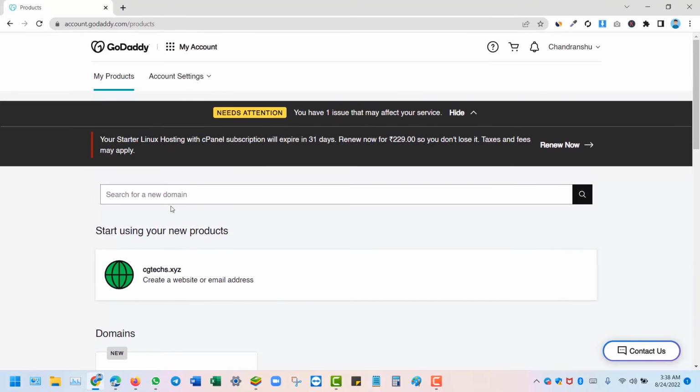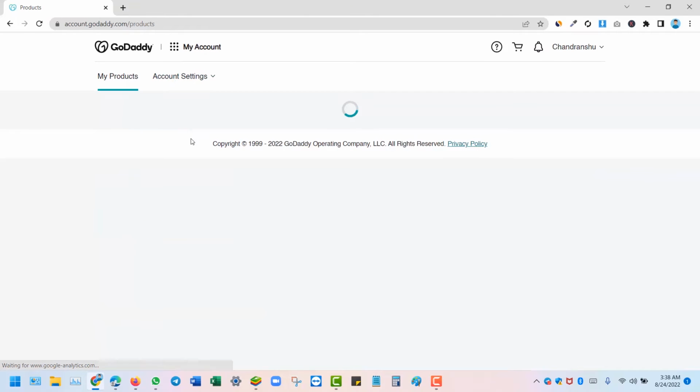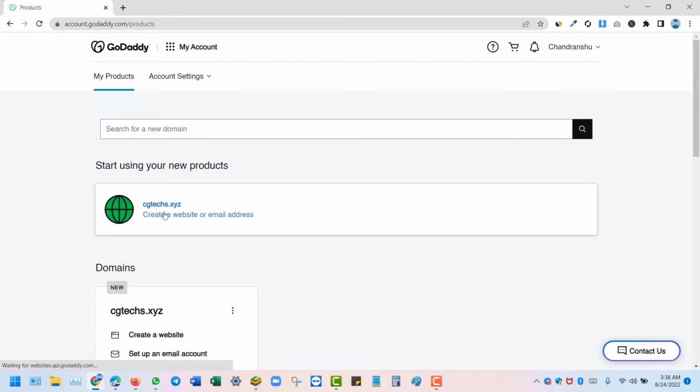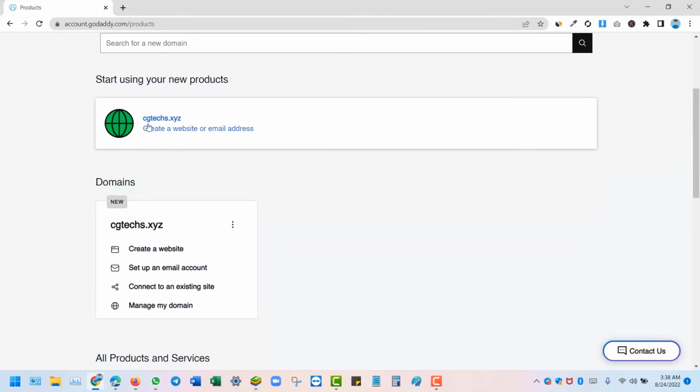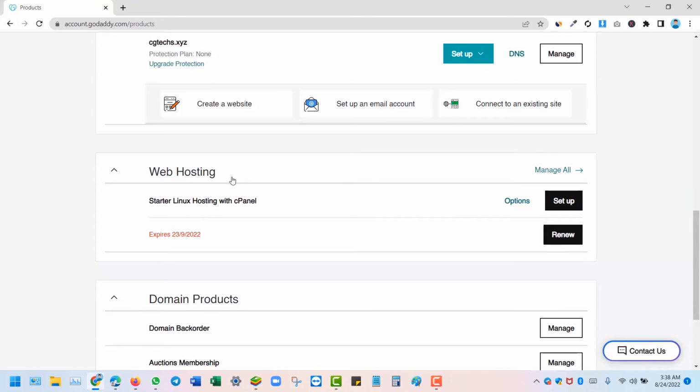Okay, after purchasing, you can visit your domain section. Here the domain will show up like this. Whatever domain you purchase, you can see here, and below the domain you can see the web hosting part,